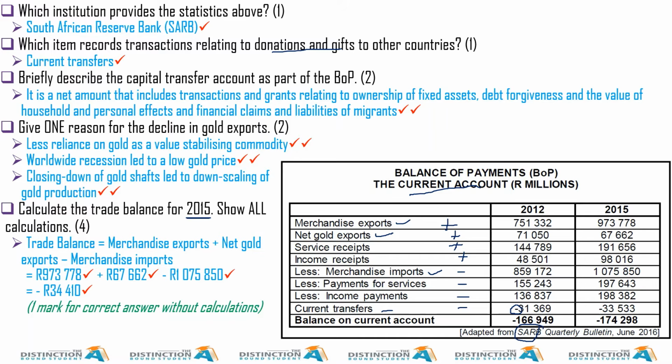If you are not careful, you're doing the right thing in terms of which ones to add and which ones to subtract, but you are not using the correct year. So be very careful. Always check which year they are asking. It's 2015, so you use 9,67 and 1 million. Okay, and also remember this is in million rands, so at the end of every figure